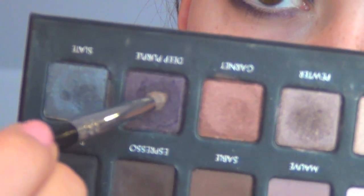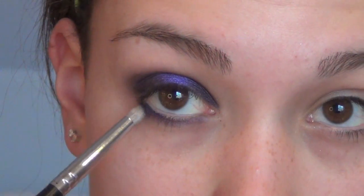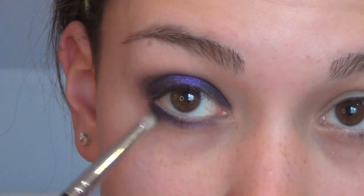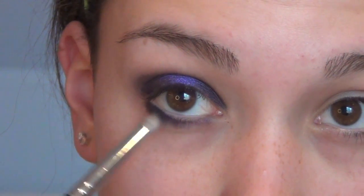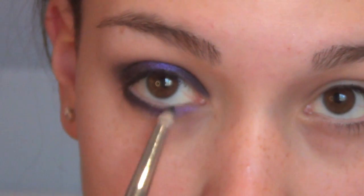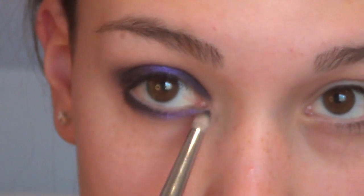Then I'm going to go into the same deep purple color on a pencil brush this time, and I'm going to be running this along my lower lash line. So I'm going to use this color to smudge out the purple base on the bottom. Then I'm going back into the brighter purple color, and I'm going to tap off the excess because you don't want it to be too bright. And then I'm going to run this along the inner corner of my eye